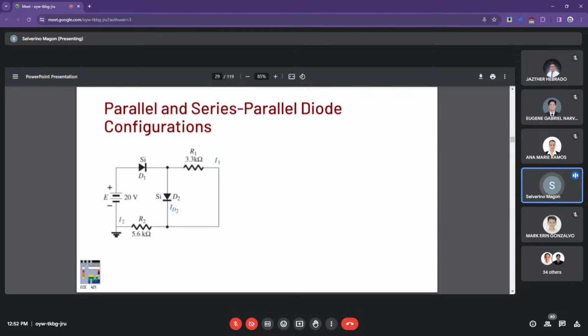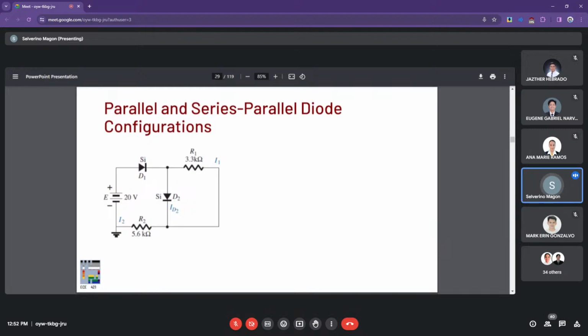So that's around 18 volts. Applying Ohm's law at R2, you already have 18 volts at 5.6K. Then the current at I2 is at what, 3.3 milliamps. No? So once you've obtained the I2 at 3.3 milliamps and I1